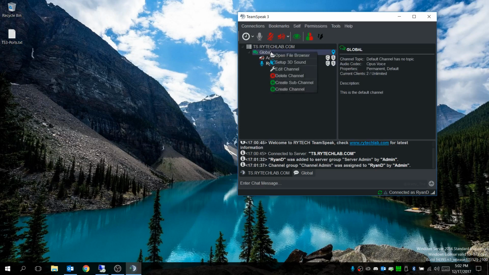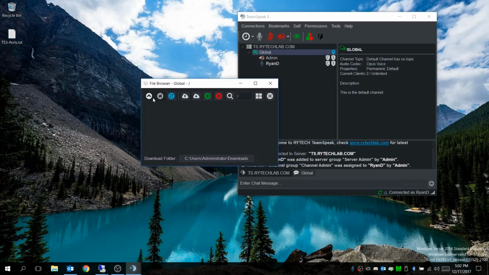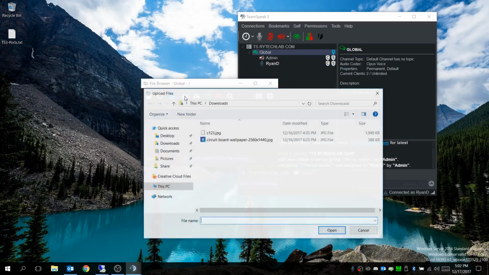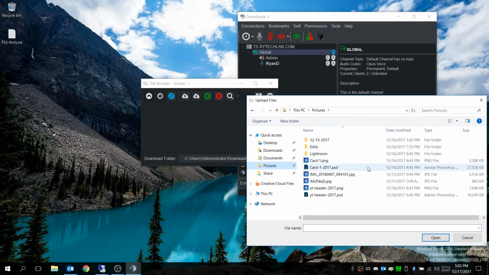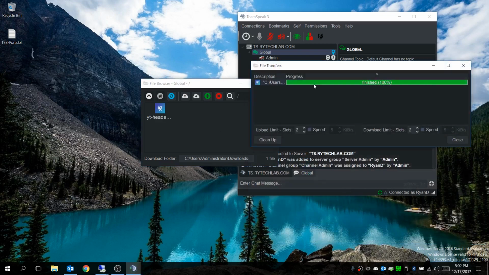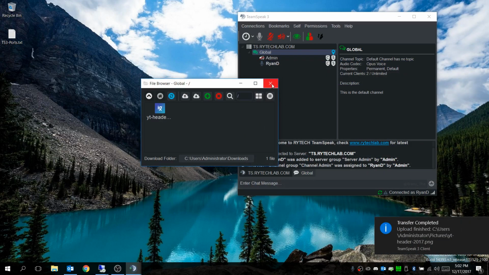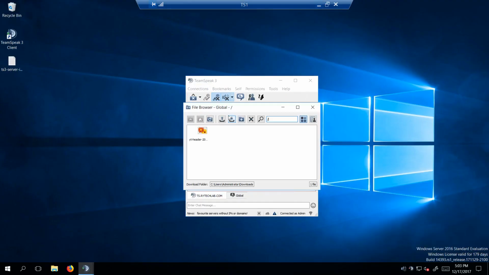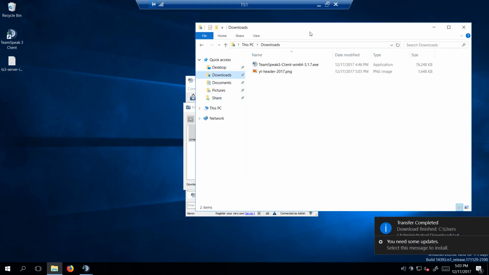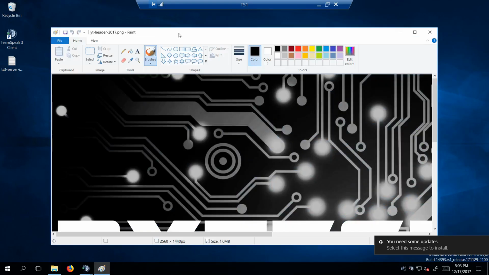Now if I want to, I could actually open the file browser here, and I can even upload a file. So for now, let me just upload, open this one. File transfer complete. Okay, and you can see now if you go on your client machine, which this is the same, and open the file browser, you'll see that we can download that file now, and it'll be here in our downloads, right? Okay, that file that we just